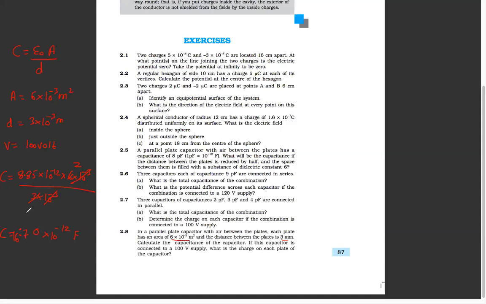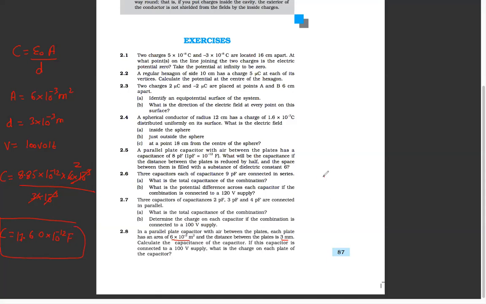17.6 into 10 raised to the power minus 12 farad. This is the capacity. Now, once you have capacity, you can easily calculate